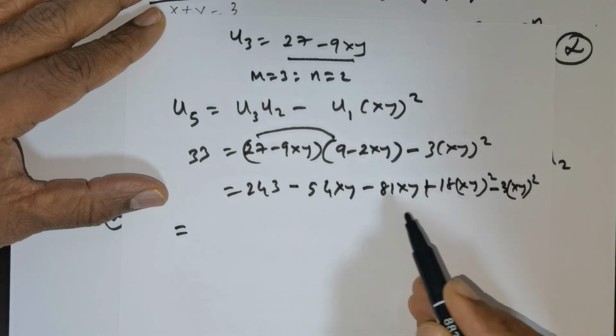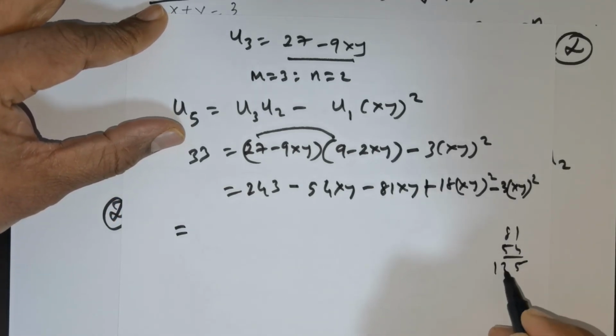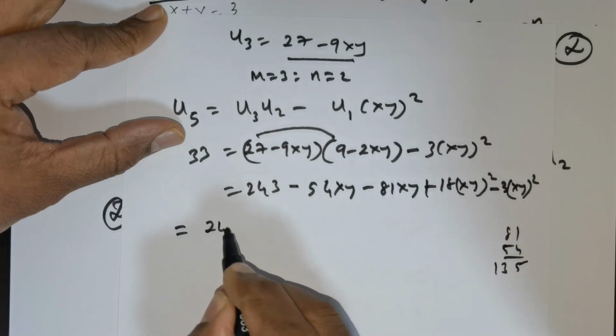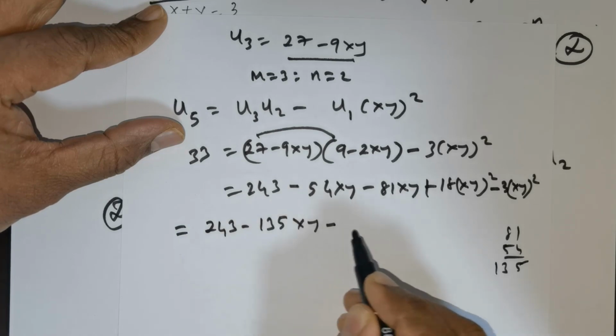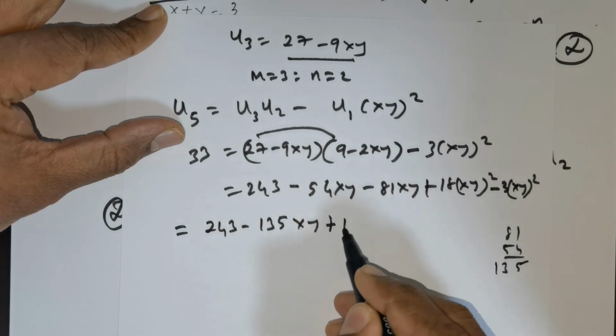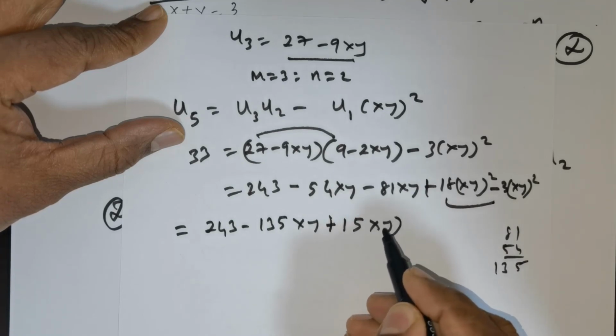So you have 81 and 54, that's 135. So 243 minus 135 xy, and then this is going to be 15, 18 minus 3, so 15 xy the whole